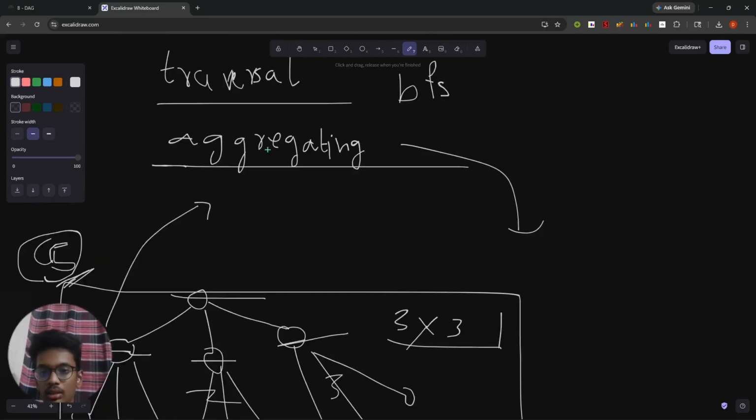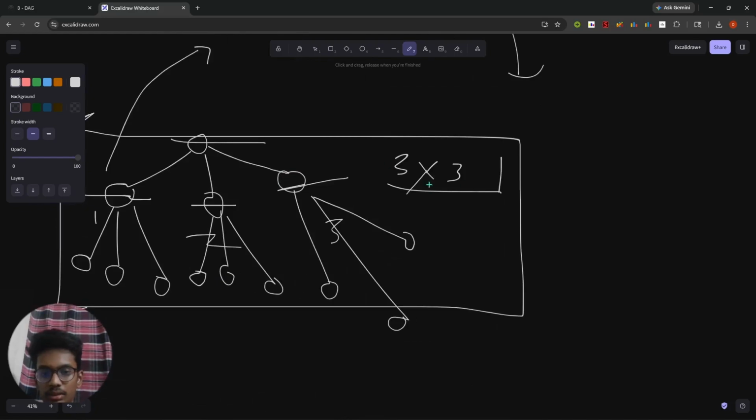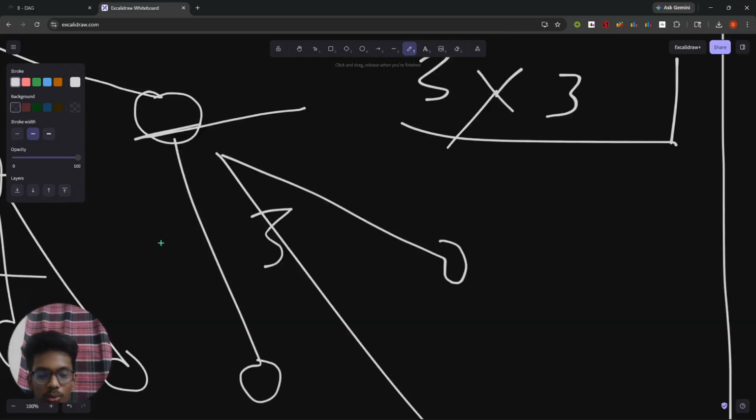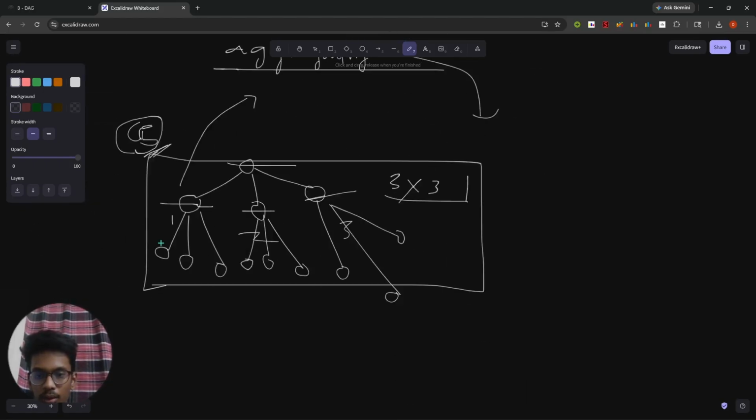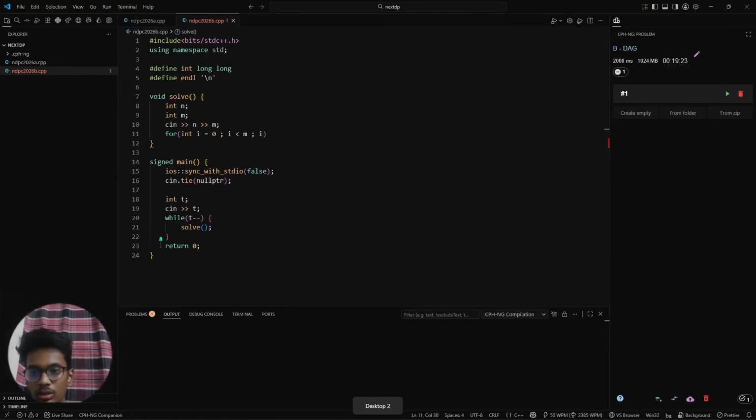Okay, the mindset required to solve this is aggregation, which is you need to take every node, calculate its children possibilities, and then you need to count them basically. So wait, let me minimize it. Yeah, fine. So before that power cut thing, we were taking